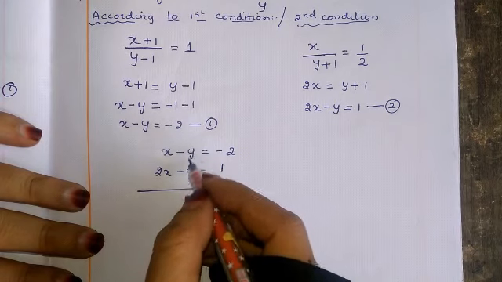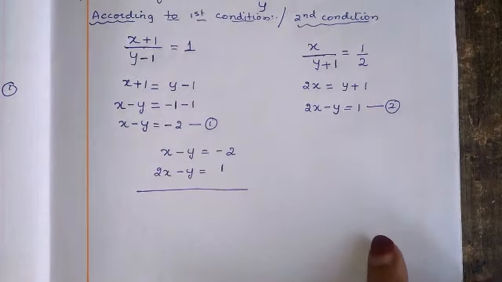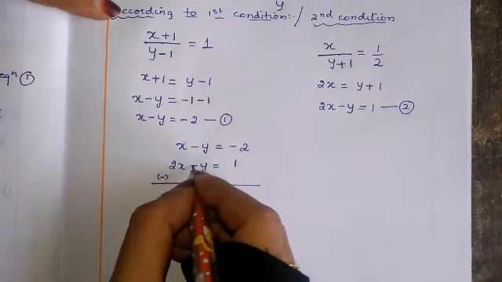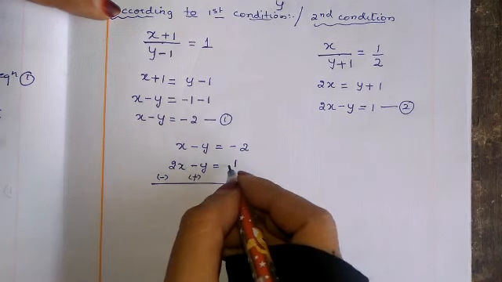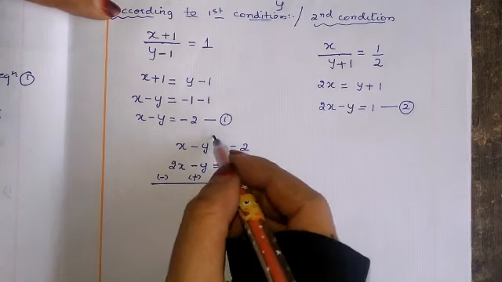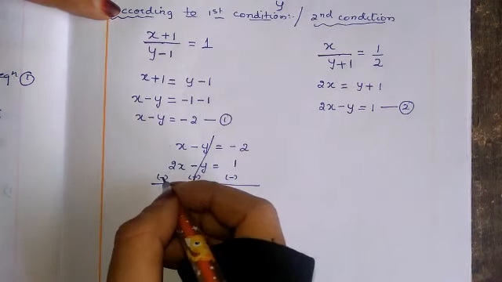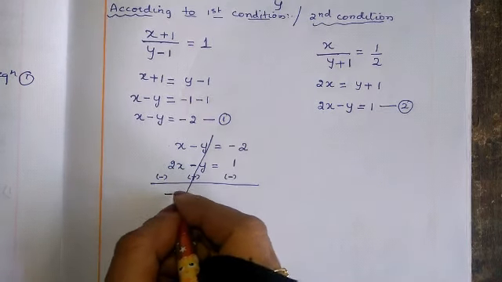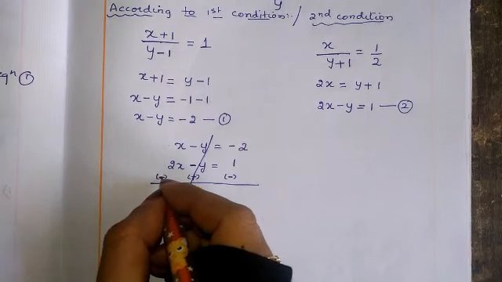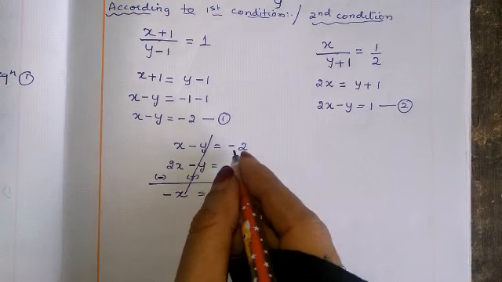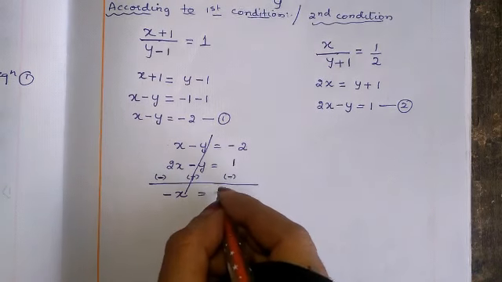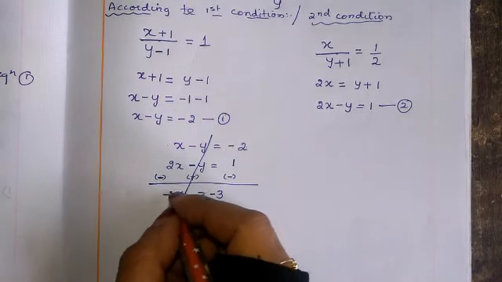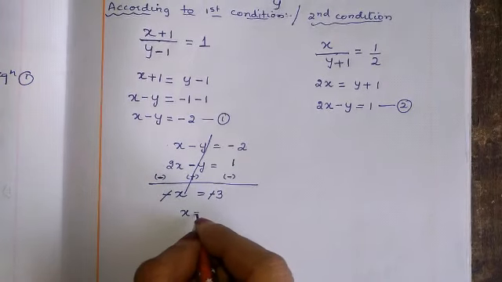Here we can see both are minus y. Both minus y we can't eliminate. To eliminate this, we have to change the sign of the second equation. Plus, we will write minus. Minus, we will write plus. And here plus, we have to write minus. Now this y we can eliminate. 1 minus 2 gives minus x. y minus x, the greater number is 2. This side both minus, minus minus we have to do plus. 2 plus 1 is 3, but the sign should be minus. Now both sides minus we have, minus minus got cancelled. x is equal to 3.